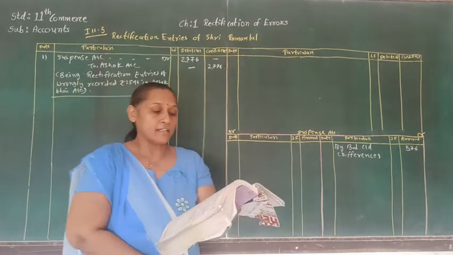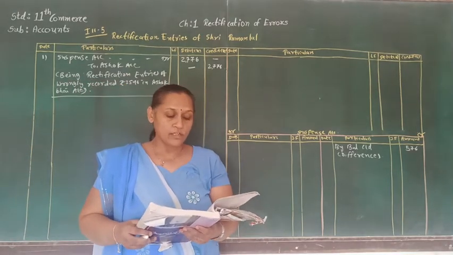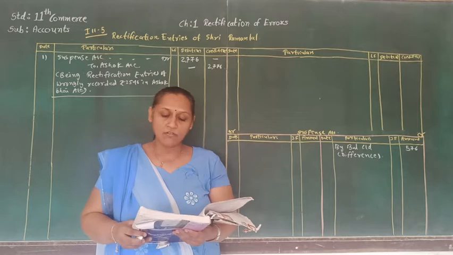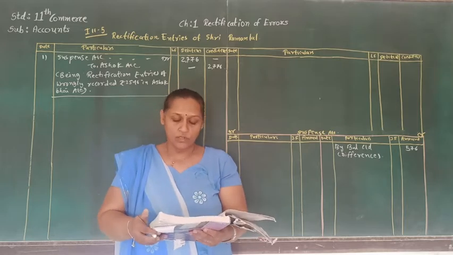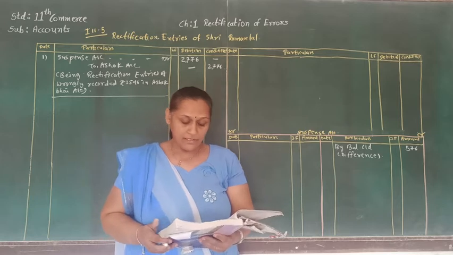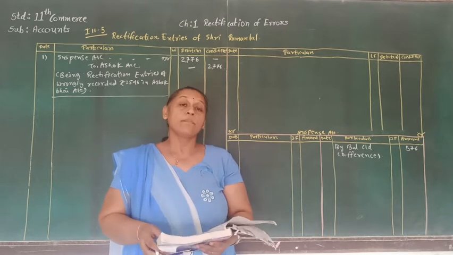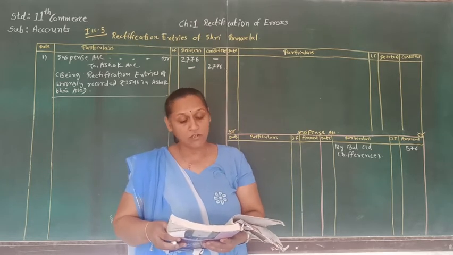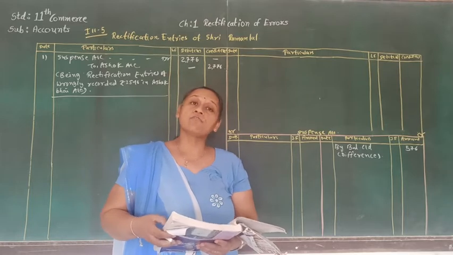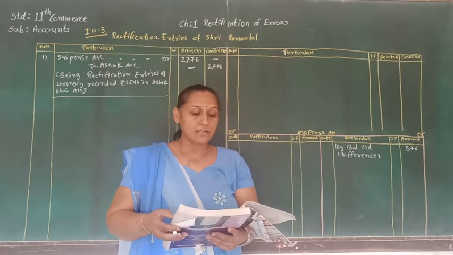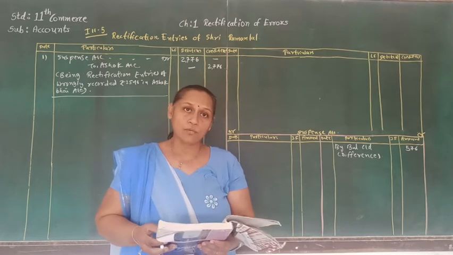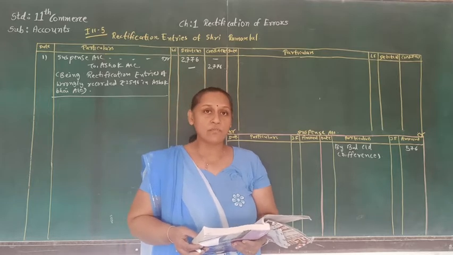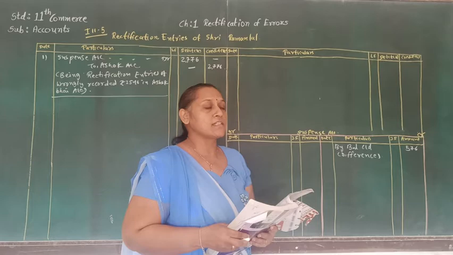Now let's see the second transaction, that is rupees 1,424 paid for repairing expense were posted on the debit side of machinery account as 624. So here we are supposed to debit the repairing account, but by mistake it is debited to machinery account, and here the amount is also different. So machinery account is supposed to be credited by 624, and repairing expense account is supposed to be debited by 1,424, and the difference will be taken to the suspense account. So let's pass that journal entry.